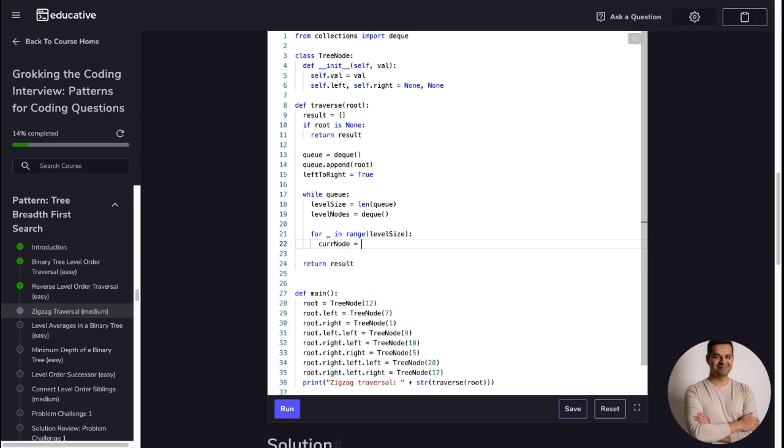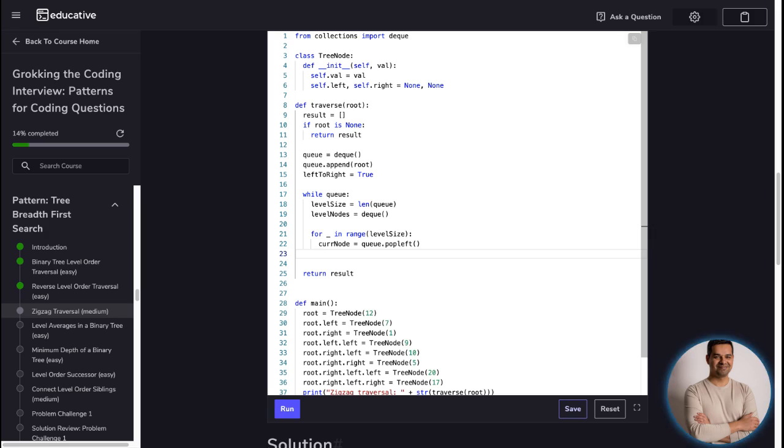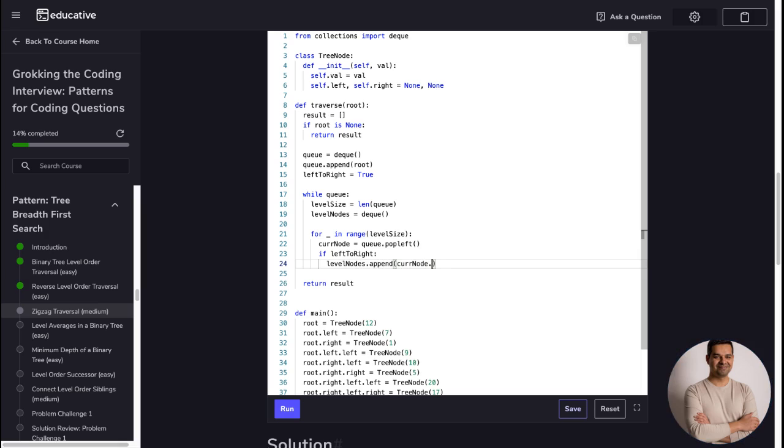Our current node will simply be queue.pop left. Okay, now is where we want to change things. So if left to right, then we go ahead and simply append things the usual way. Level nodes dot append current node dot val